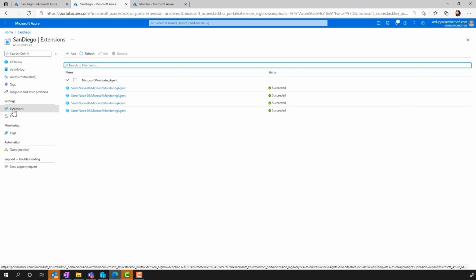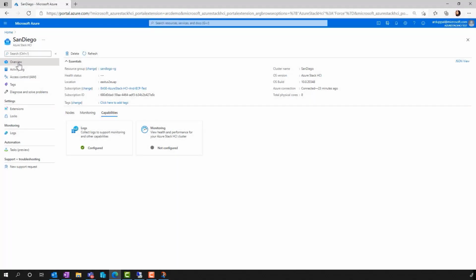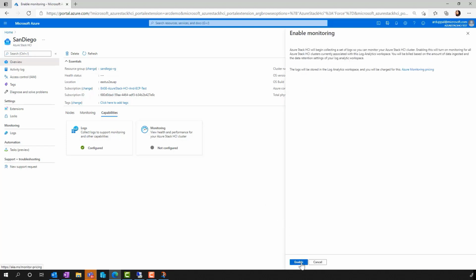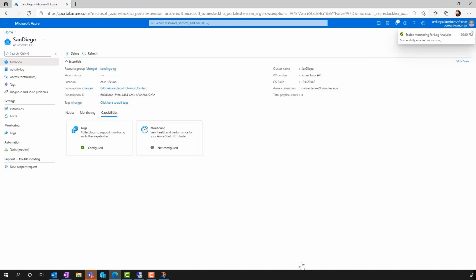And the extension is automatically added to this node. Now, let's configure monitoring. Once it is configured, the logs will start getting collected in the Log Analytic workspace.